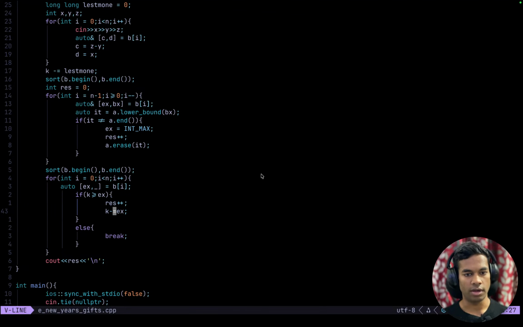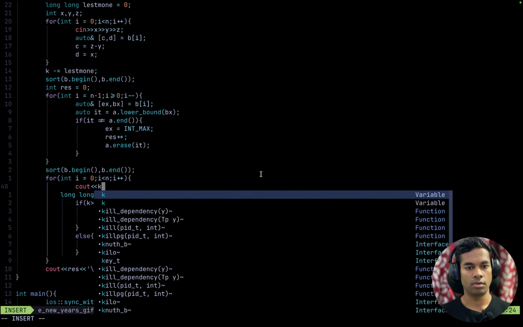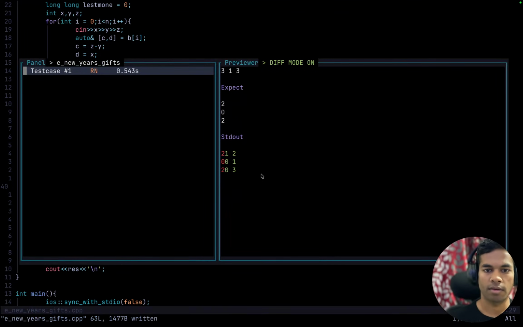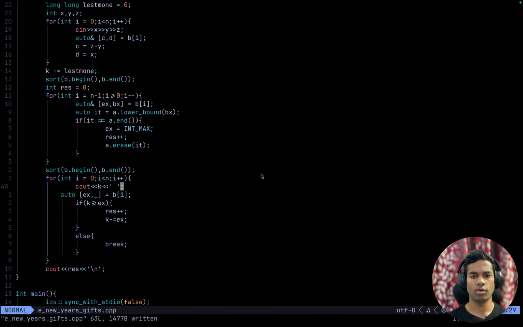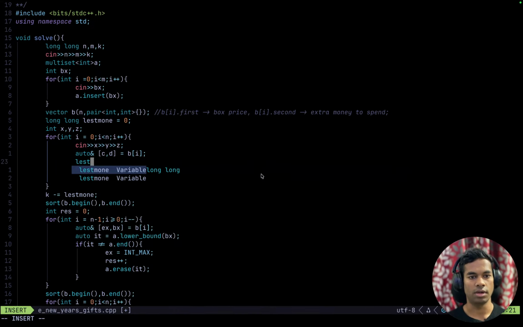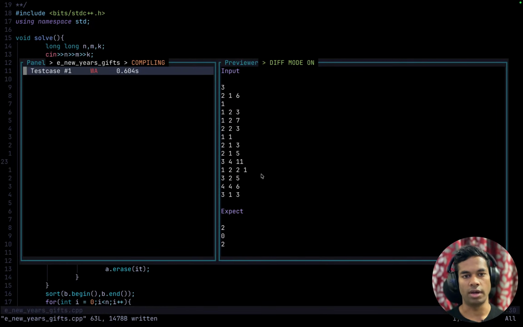Increase the response and decrease this value. K is equal to 11 does not make sense. We are reducing value from least money because, okay, we have to do least money plus equals y, plus equals y, and now,